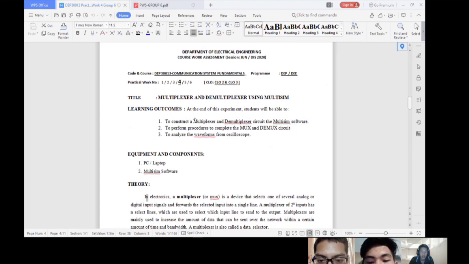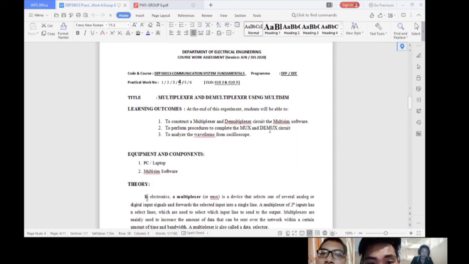Okay, teori untuk multiplexer and demultiplexer using multisim. Learning outcome: at the end of this experiment, student will be able to, yang pertama, to construct a multiplexer and demultiplexer circuit in the multisim software.